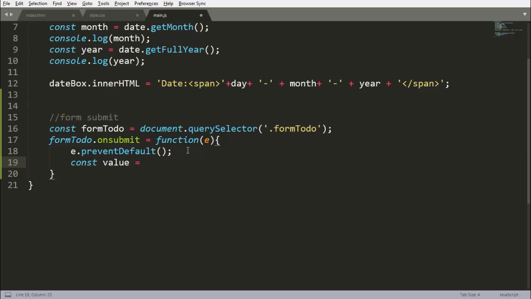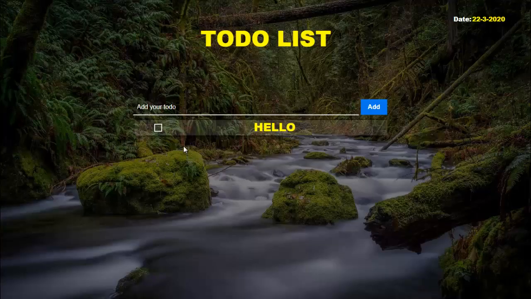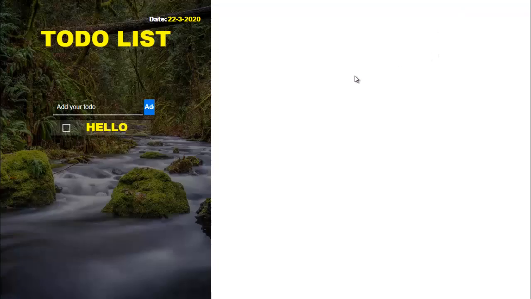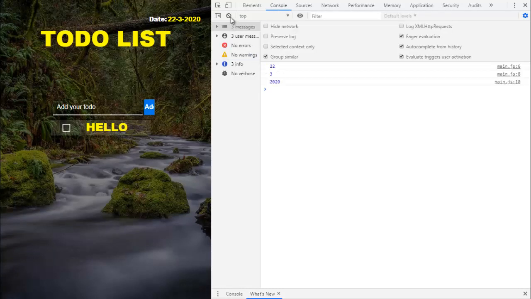That will be e.target. Let's see, when I console.log e.target, I inspect the element, and this is our console. Now when I click on add, nothing visible is happening.